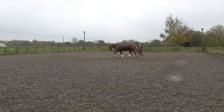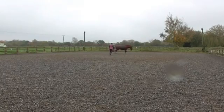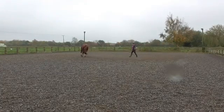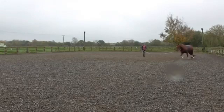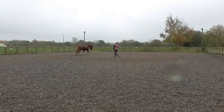Some nice strides there. She's getting into a better stretch. The actual speed of her leg movement is a lot slower. She's still nice and active. She's got her tail carried, swinging from side to side. So whilst it's still not where I'd like it to be, she's not stretched enough and she's not consistent enough,